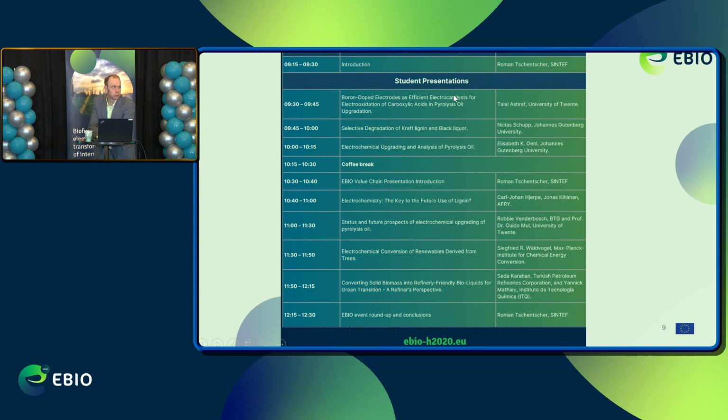The first presenter will be Talal. He is a PhD student still at Twente University. He will very soon hand in his thesis. He has mainly worked on the decarboxylation of organic acids in order to fractionate and to improve the properties of pyrolysis liquids. And we look forward to this presentation in just a few minutes. Then we will continue with the lignin depolymerization using black liquor. And the third presentation is done by Liz, focusing on the upgrading, mainly on the reduction of carbonyl groups into